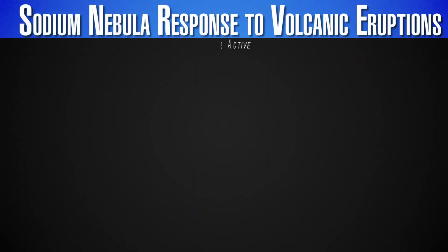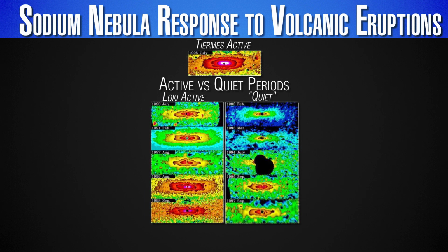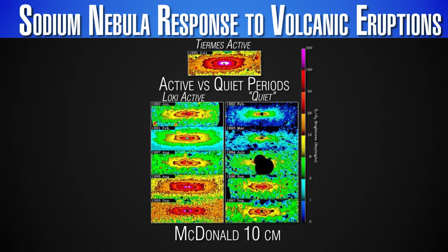So there's good reason to expect that this distant sodium cloud would correlate and scale with what the volcanic activity is on Io that we're measuring with another small telescope independently. And if we look at periods where Io is very active in the infrared wavelengths, they tend to correspond to an active sodium nebula from all of this material escaping. And then if we look at the plasma torus and how things react to a volcanic eruption, we see all this chemistry going on, where there's a certain envelope for how sodium increases over, it can be month timescales,